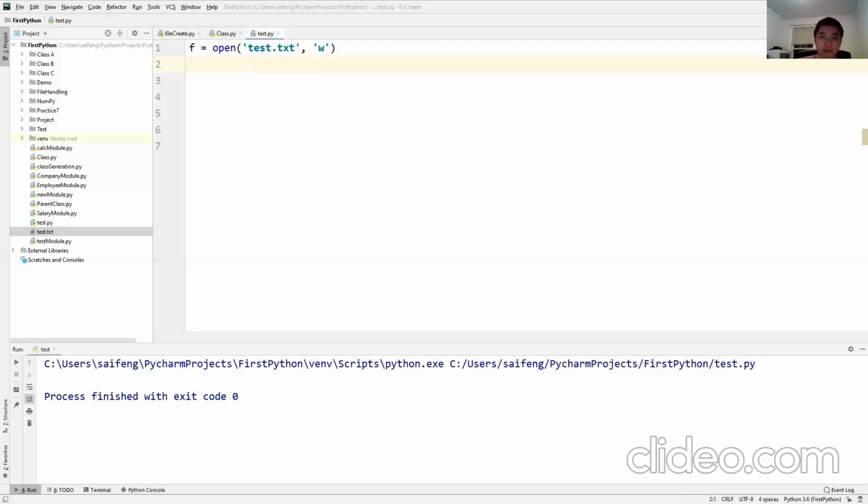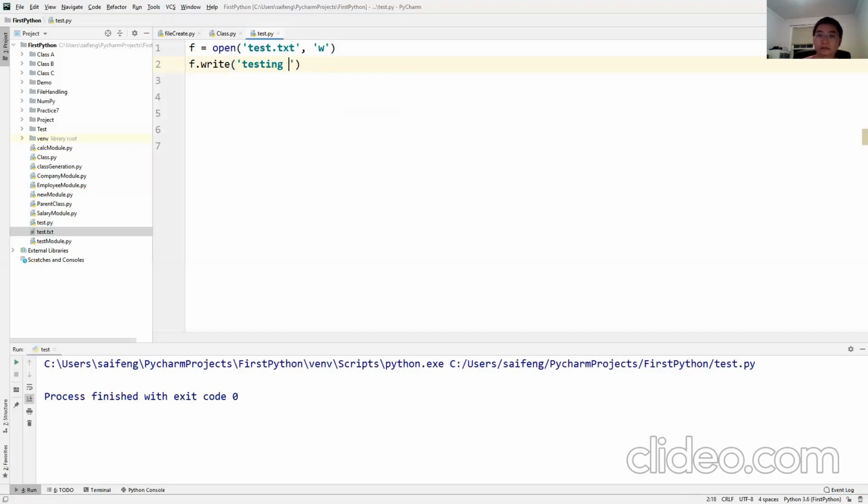I don't know what you guys doing, okay? But I think some of you are not look at my screen. Listen carefully, I'm following, okay? Right now, I already opened the file. I open the file in the write mode. I wanted to write something into the file, right? So you should write f.write, okay, and put the content directly, right?